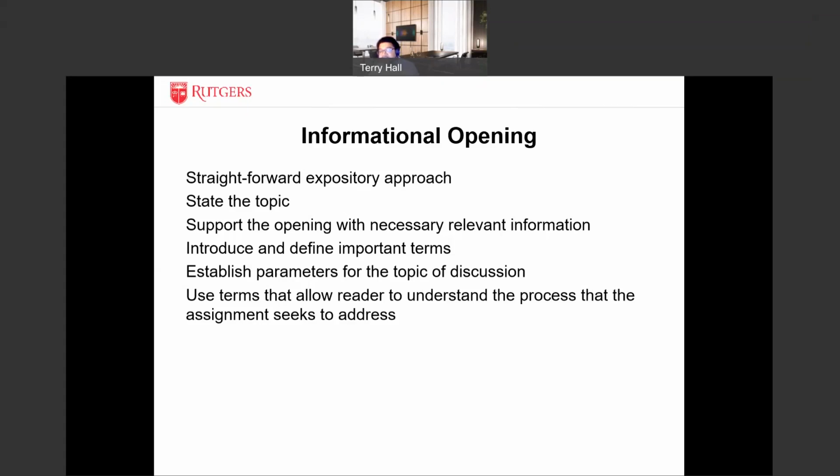This is actually an opportunity for readers to bring in specific details about the relevant information they're looking at. It should be noted that general information about the functions of government, theoretical information about the function of government, are different than specific information in real time concerning issues that are being managed by public administrators in a contemporary sense. The more specific the details, the longer the work will be. Further, in the informational opening, authors can use terms that will allow the reader to understand the process of the assignment, and this can also add length to the paper.